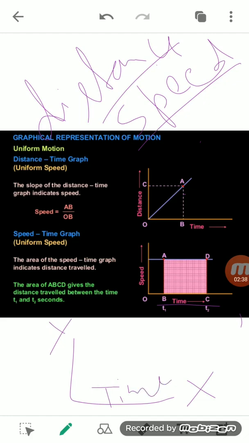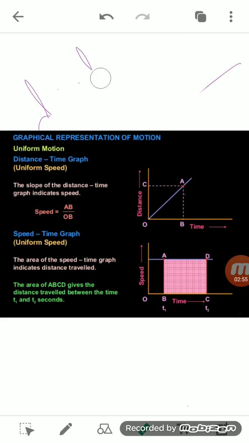While the distance or the speed or the velocity, whatever we are taking, is always taken along the y-axis. So you should remember that if I am talking about speed or velocity, both have the same sense, both are the same. And while drawing the distance time graph or the speed or velocity time graph, in both cases, along the x-axis we always take time, and along the y-axis we take the distance or speed or velocity. Okay,